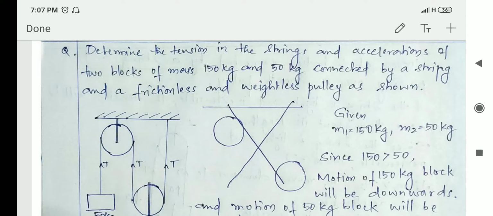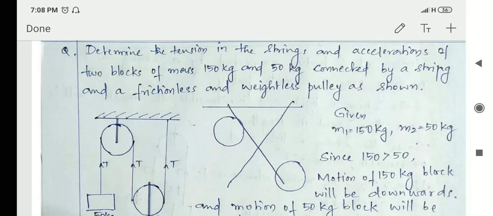Second part will be finding out the corresponding accelerations in various parts of the pulleys. Suppose we assume an acceleration of small letter a to some part, and then we need to understand what is the acceleration in the next part. So the second step is finding out the acceleration. Again, first step is finding out the direction of motion, second step is finding out the acceleration, and the third step is the solution part. That means applying D'Alembert's principle and formulation, etc.